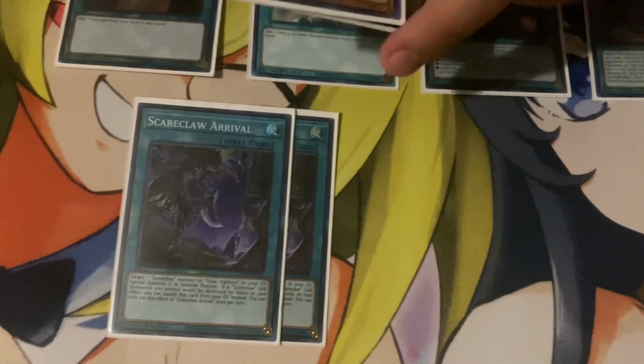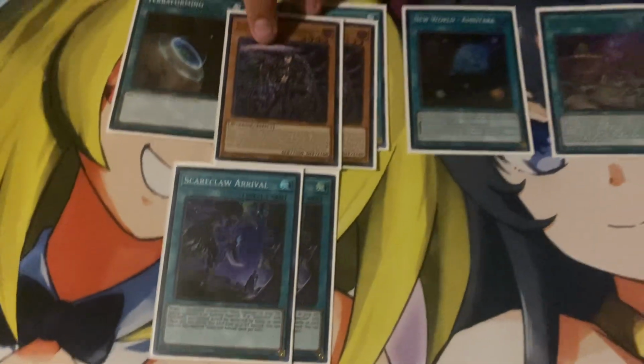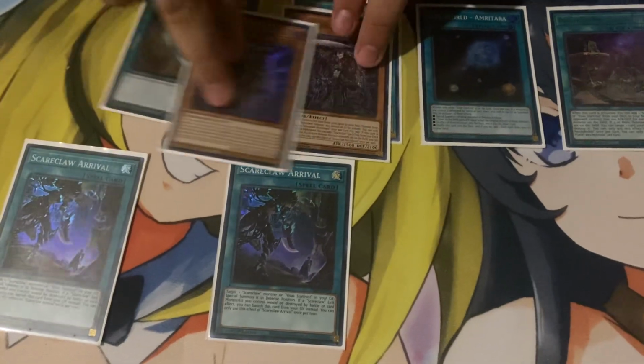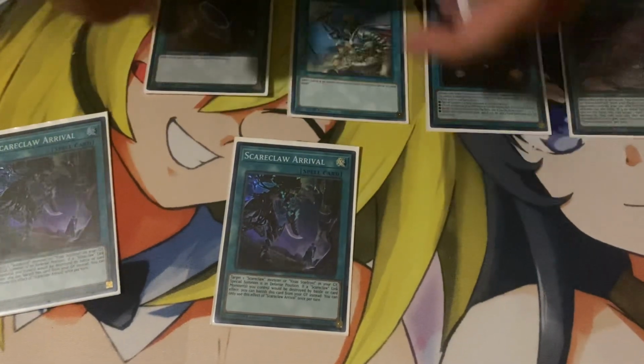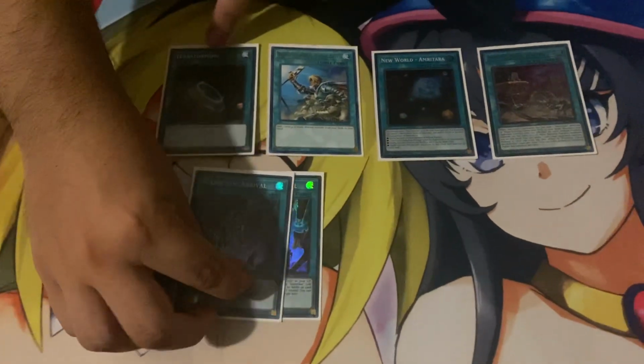So for the Scareclaw stuff, if you want to run 2 Scareclaw Arrival, you max out on the Rykart. If you run 2, 1, and then a 1 for 1, I think this is a nice little rule of thumb. If you guys want to, you could follow. So yeah, 2